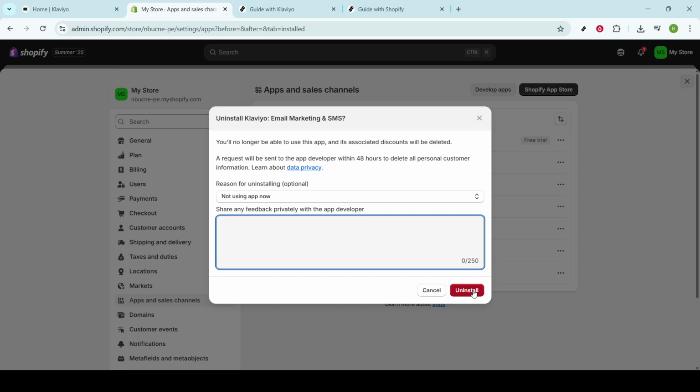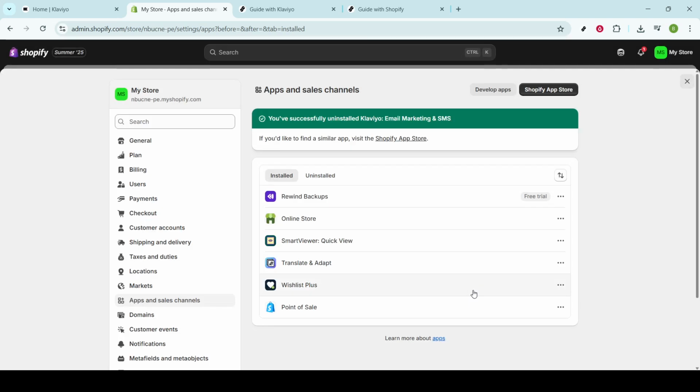And that's it. You've successfully removed Klaviyo from your Shopify store. Always ensure that you truly want to remove an app before finalizing this decision, as this action can't be undone easily. By following these steps, you not only streamline your store's operations, but also refine your app integrations to best